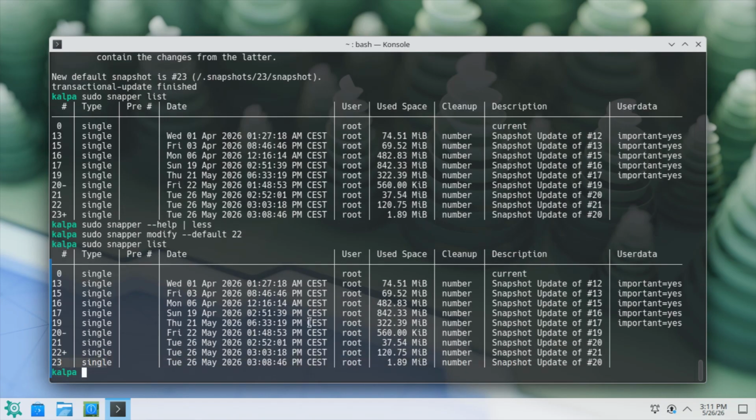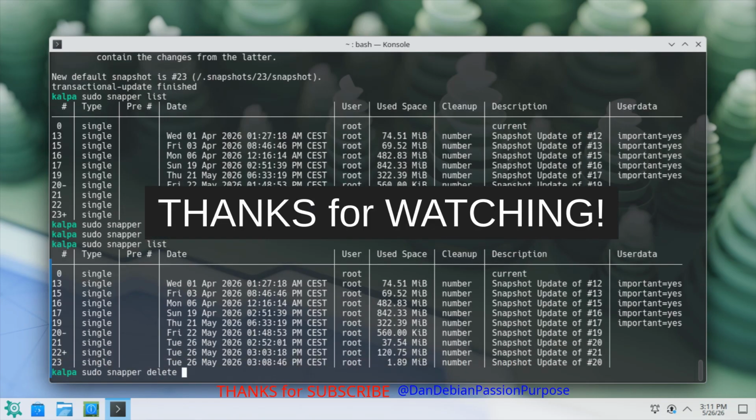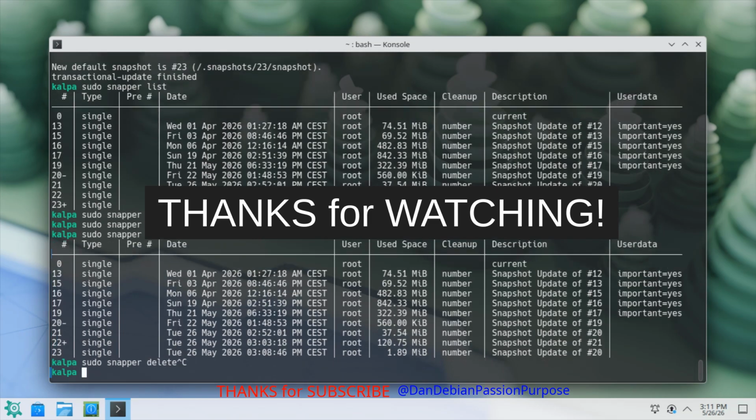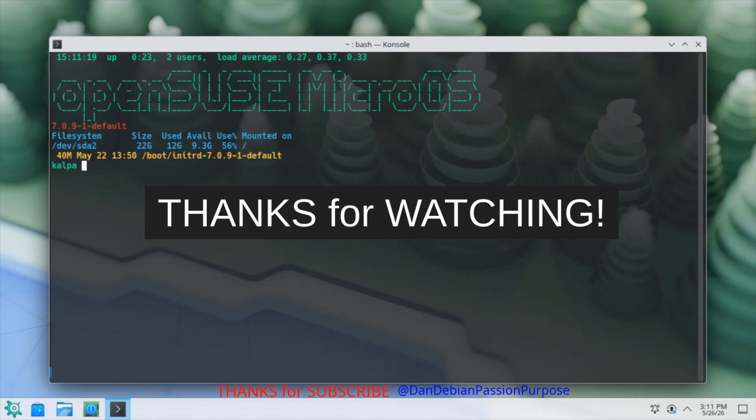And we could also remove the 23 with delete and then give 23, but make sure you know what you are doing. I don't do this in this case. We just do the restart and then we see the changes. So this is about the core system. Just to show you, Flatpak